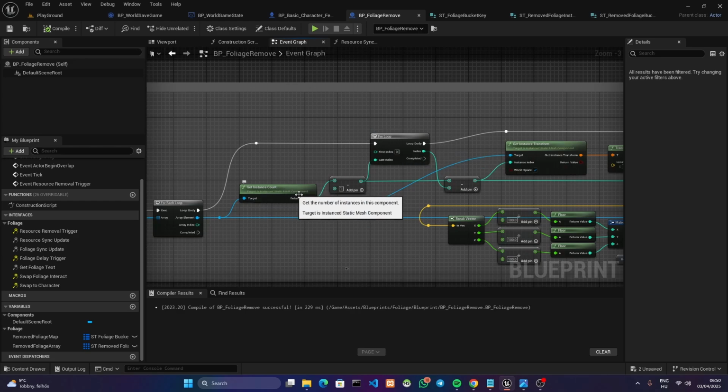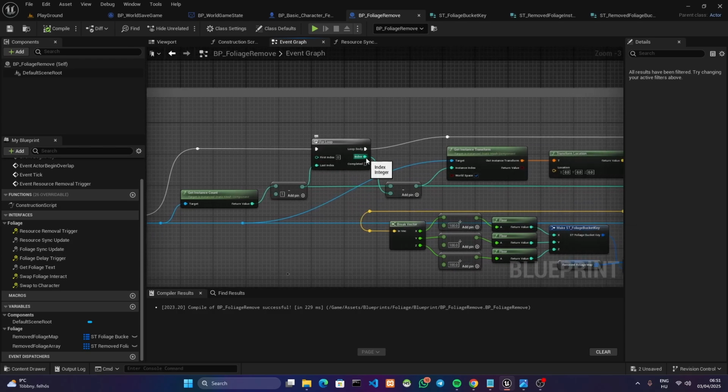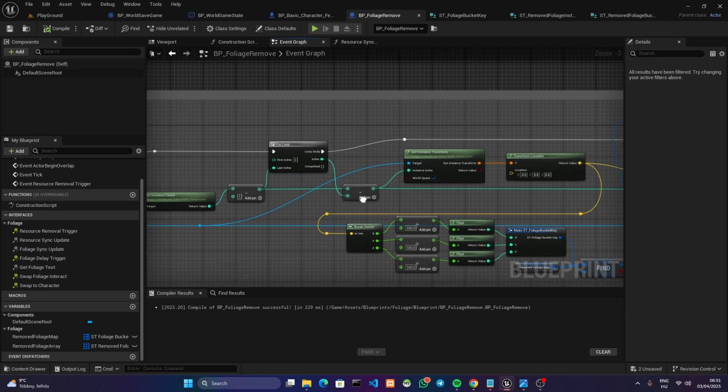So you're gonna get the instance count, you're gonna get the last index, so minus 1. That's gonna be your last index in a for loop, and the index of the loop body, so the actual individual index, you're gonna take the last index minus that index,